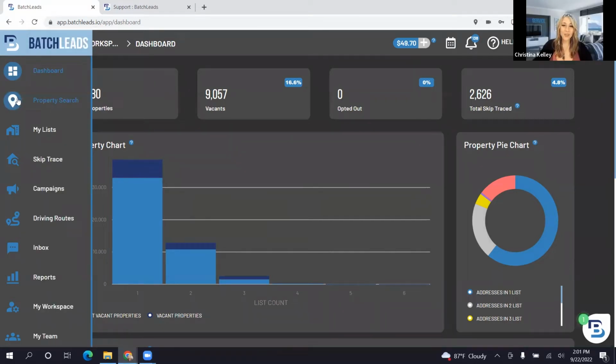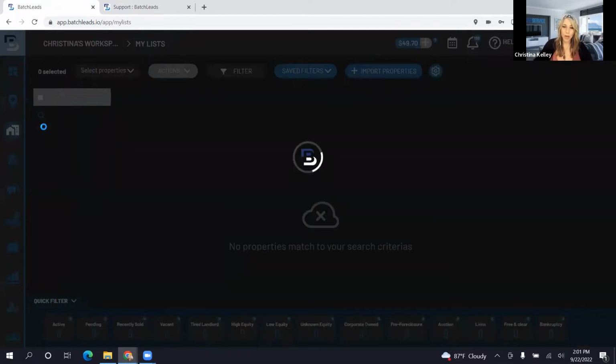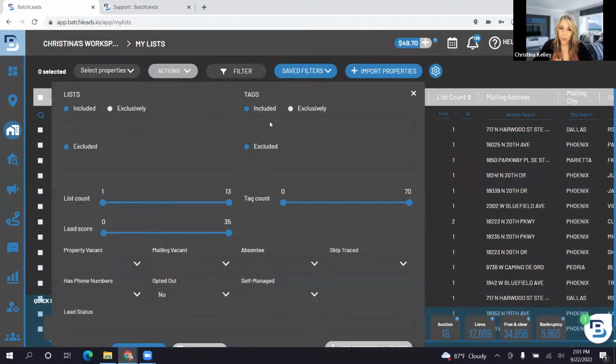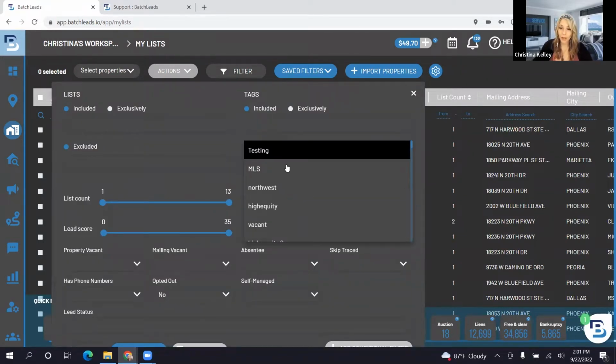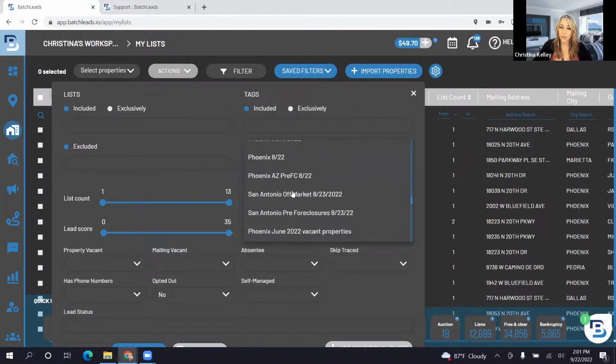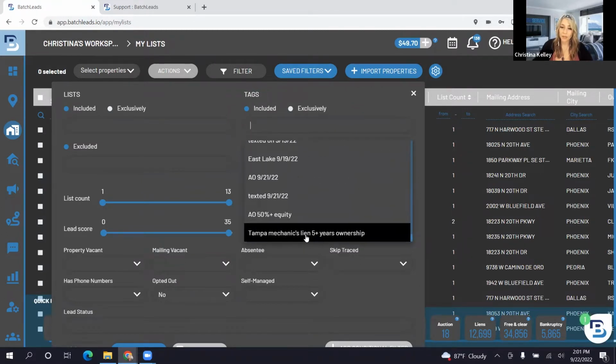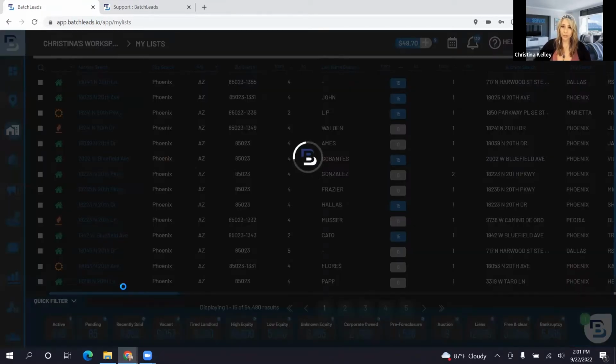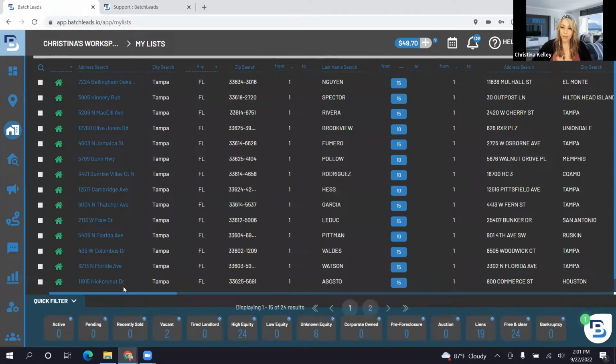All right. So there's a couple of places where you can skip trace inside of Batch Leads, and I'm going to show you where those are. First we're going to access our list that we pulled the other day, or in the other video. We were in Tampa, we were looking at absentee owners, and we were looking at mechanics lien. So once we apply that filter and we pull up these properties,